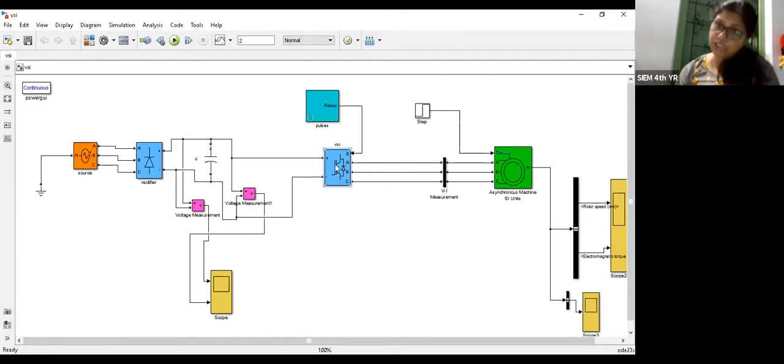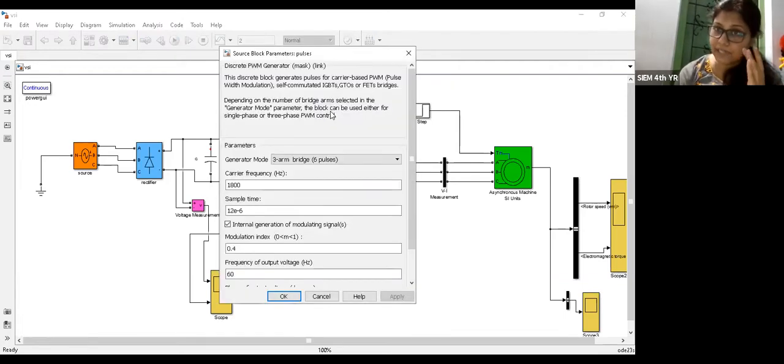Now, the pulse is very much important. How can we turn on and turn off, set the turn on and off time of a particular VSI or voltage source inverter? You know that nowadays the PWM technique, that is pulse width modulation technique, is very much effective, and we can reduce lots of harmonics there. So if we choose this PWM technique to turn on our switches, it is better to reduce the harmonics, reduce the losses, etc. So the pulse which I set here is nothing but a PWM pulse.